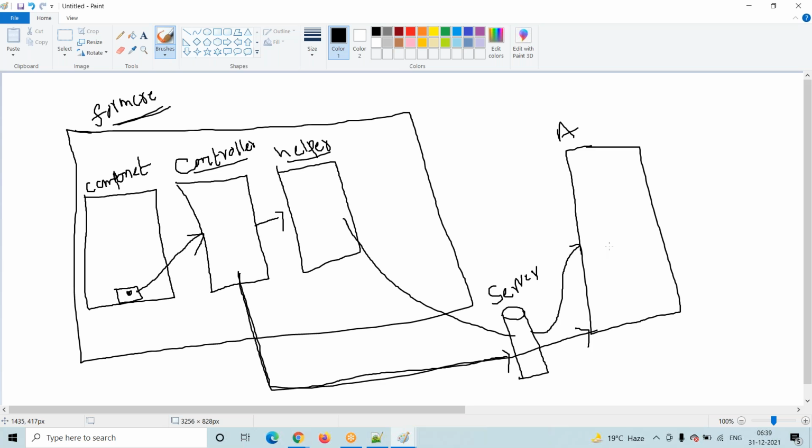Because I have some 100 lines of code that I want to reuse in some other lightning component. Then where we have to write that code is in the helper. In the helper, in one function we write that code and we can reuse it. That's why the helper came into the picture. But generally we connect from the helper. It's not a performance issue. It is not like that.